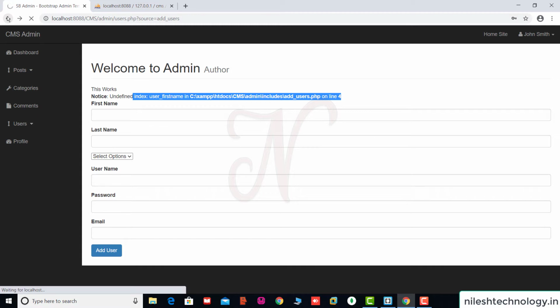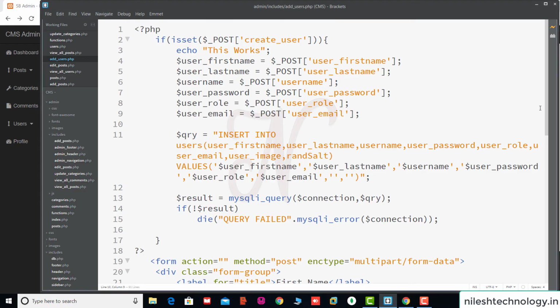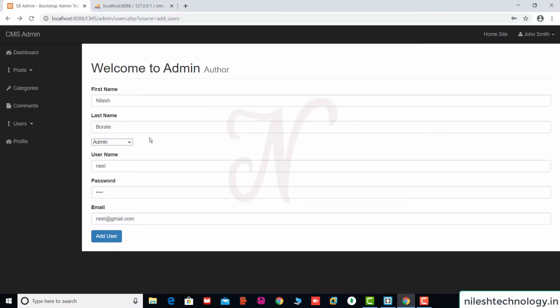If you click back, first name, last name, username, password. Going to this input field, sorry about that, here is a spelling mistake. It should be first name. Save these changes again.